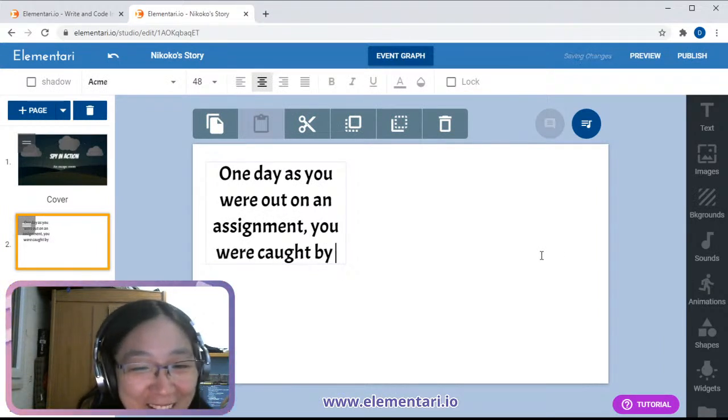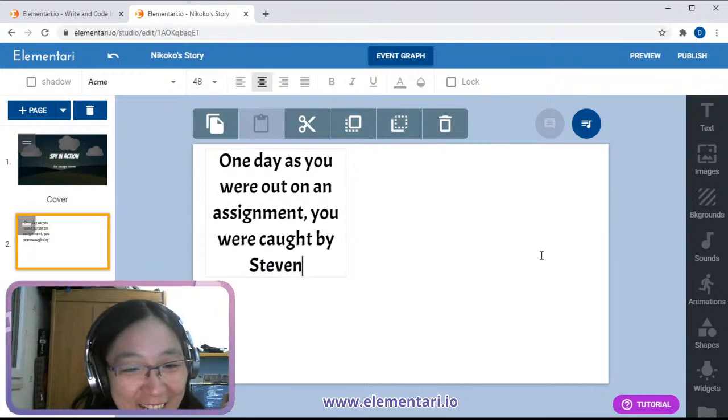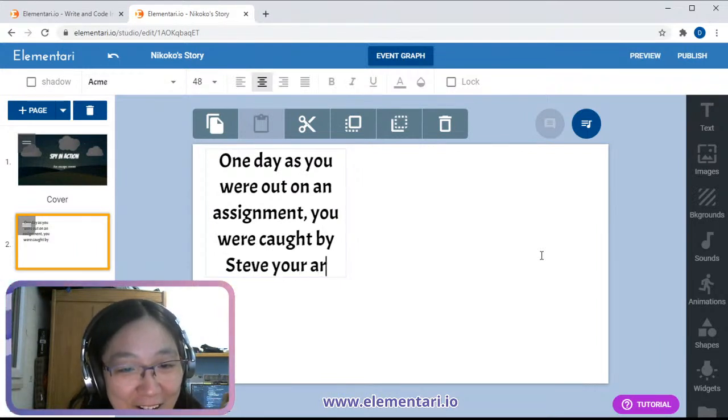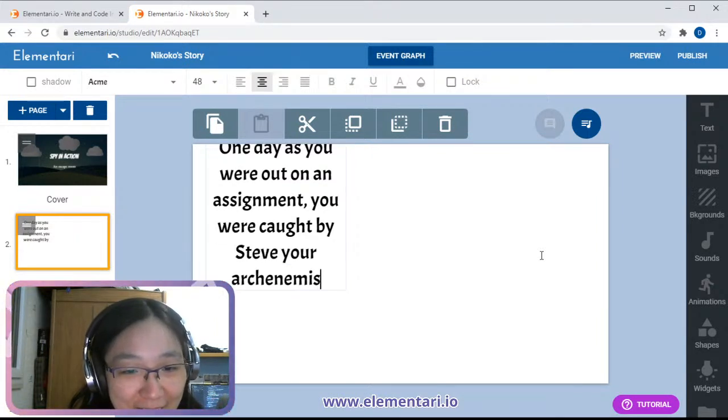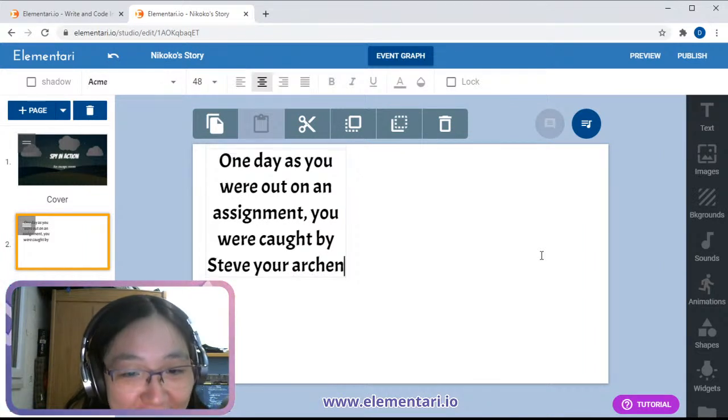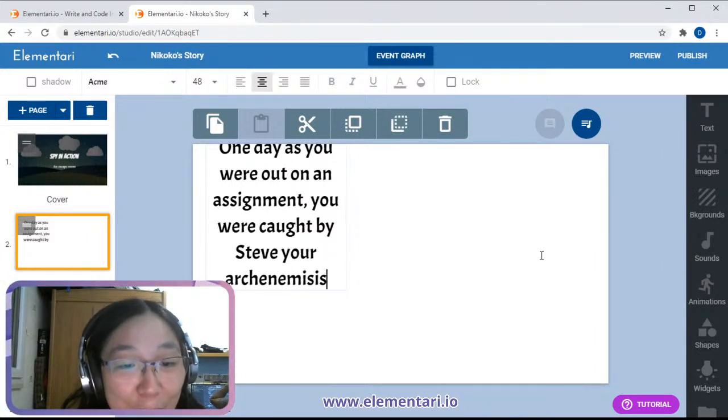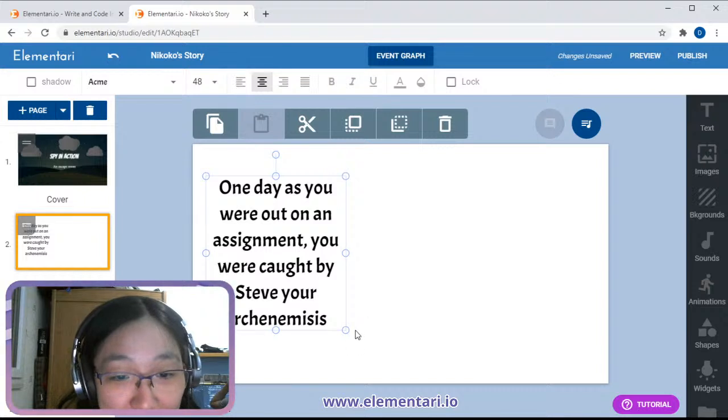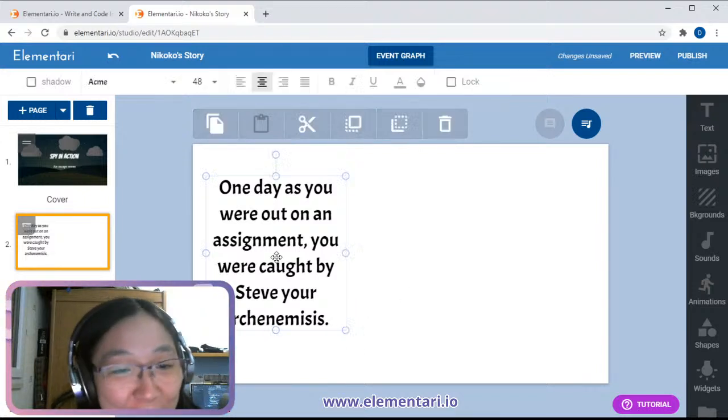Your arch... How do you even spell that? Nemesis? Nemesis, whatever. We're going to pretend I spelled everything perfectly, and I will put it through spell check later.